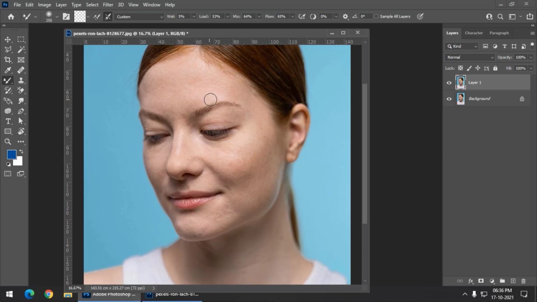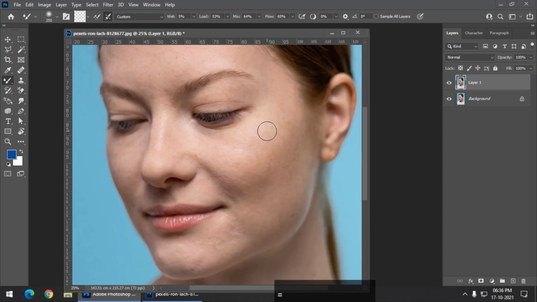So let me just keep these values and draw it like this. First of all, I'll start from the cheeks like this, and don't worry if you feel that the amount is a bit too much, don't worry about it as of now. That's why we have taken a copy of the layer, so that we can reduce the opacity.